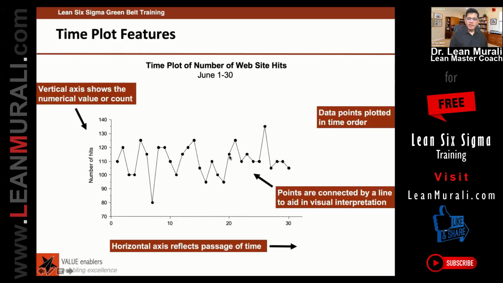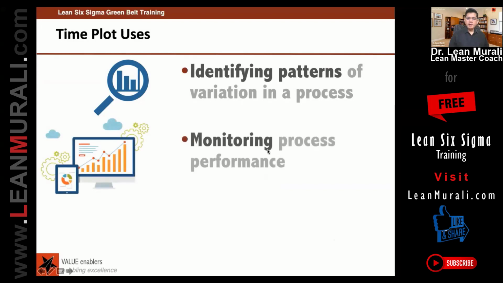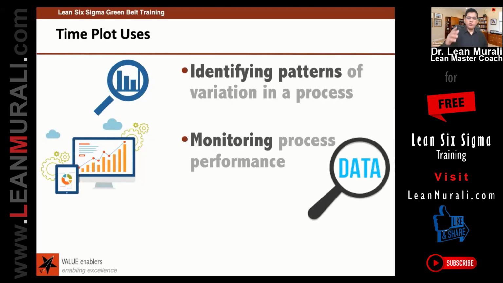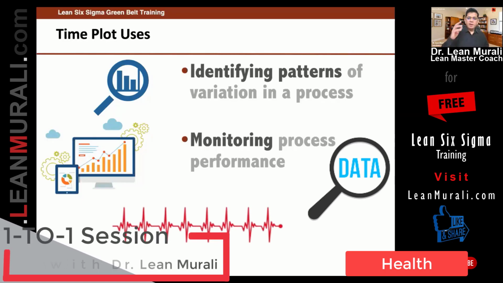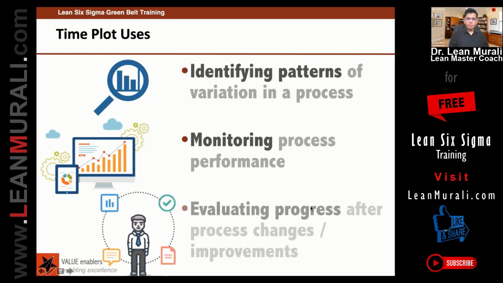And so remember that there is an x-axis where the time order is, and there is a y-axis where the frequency, the numerical value of the count, is, and then it is plotted in the time order and connected by lines. Now, just after plotting, we need to identify patterns of variation in the process, and we need to monitor the process performance. You can imagine any data, if it is your health data, your vitals, an ECG, anything. First, identify the patterns of variation in the process and keep monitoring the process performance, and then